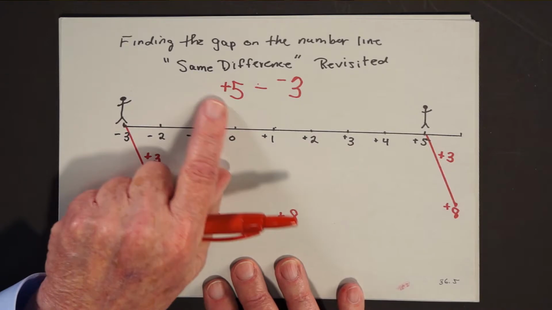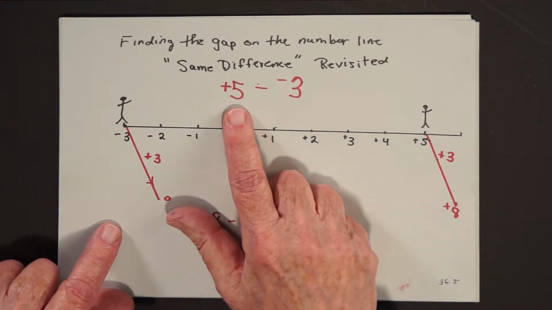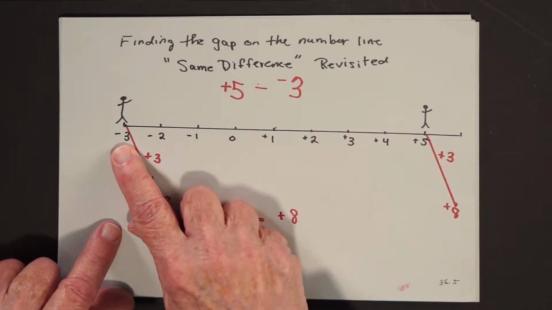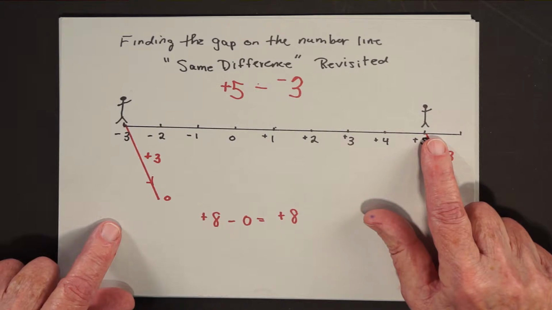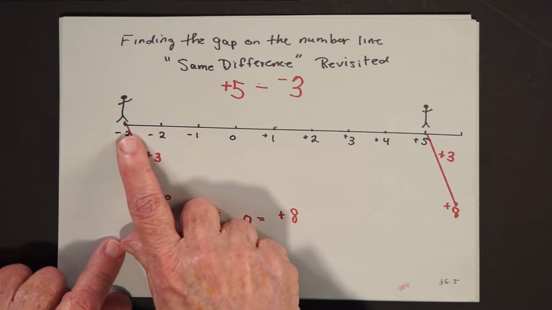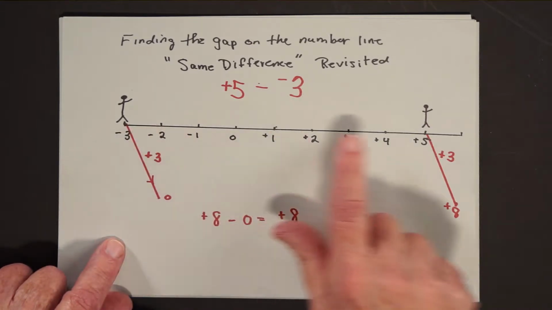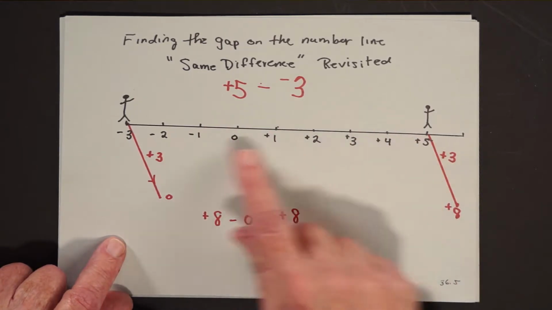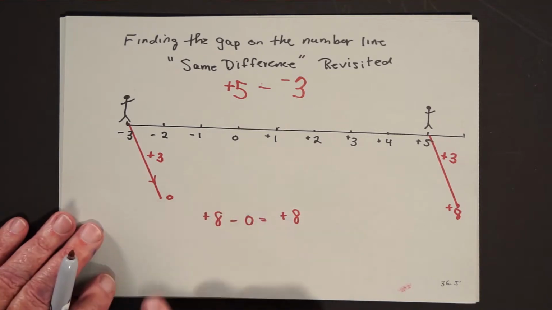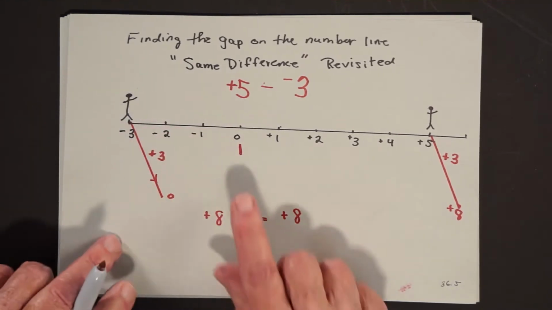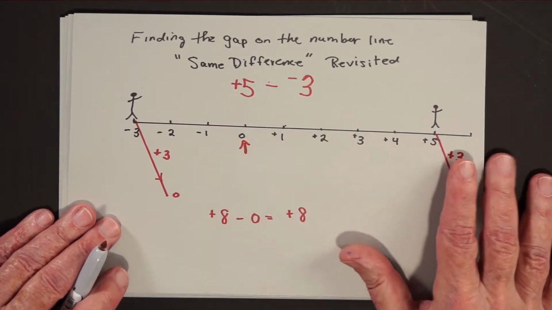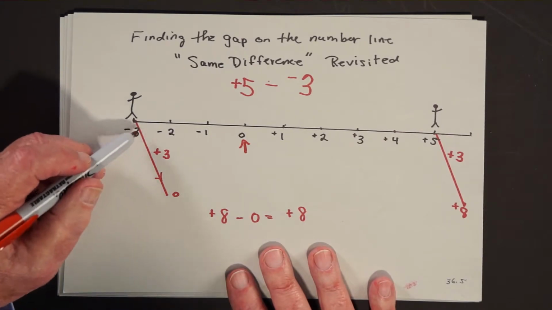Finding the gap on the number line, the same difference revisited. Let's again look at positive 5 minus negative 3. So you have one person standing at negative 3, the other person standing at positive 5, and you want to know how far it is for the person to get from negative 3 to positive 5. You want to find this gap and in this direction. And all the add the opposite rule says is, this problem would have been much easier if the person was starting over here, because it's easy to see what you have to add on to 0 to get whatever number you want. So to get to 0, I had to add on